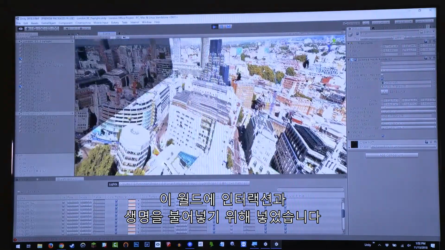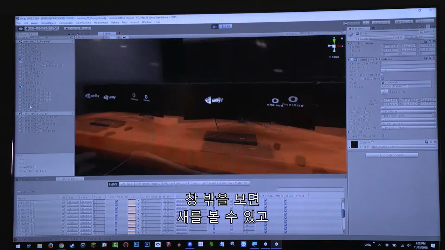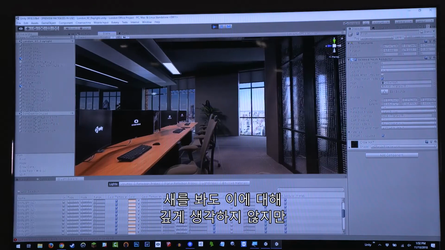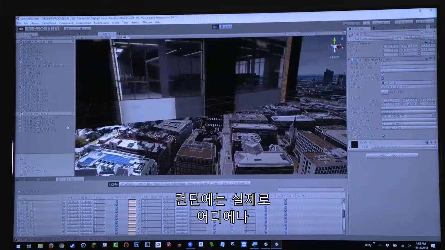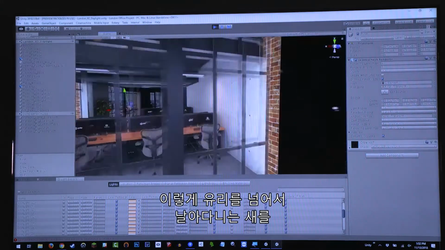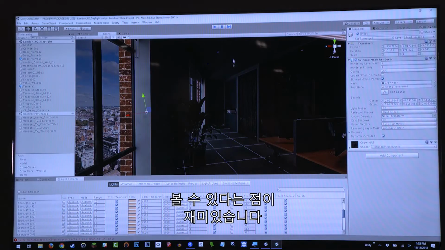There's our giant UI there, to this whole world, right? So we look out the window, we see some birds, and you don't think too much about that, but it's just a really easy thing to do. And there's in fact a lot of birds in London apparently, because they're just all over the place. But it's just a fun little look behind the glass of seeing these birds flying around in the sky.